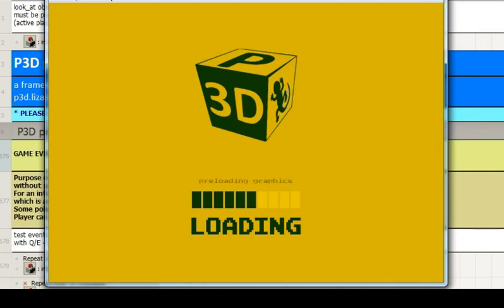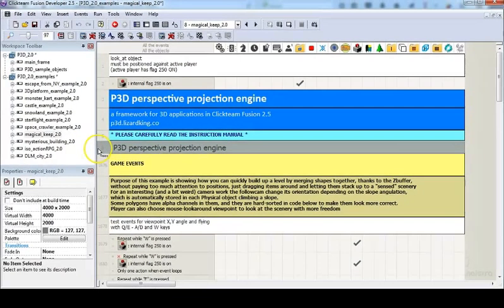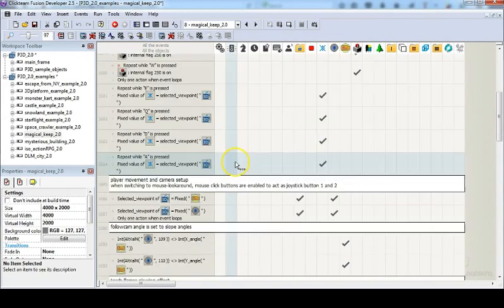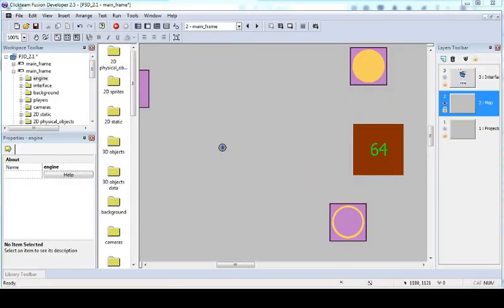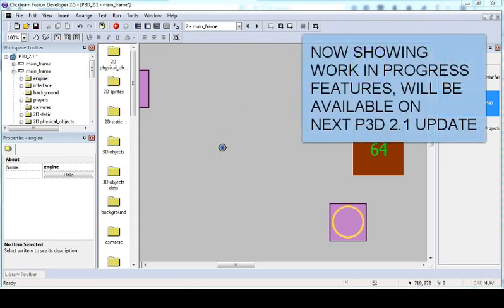Okay, I think this is enough for now. We have run out of time. Now I want to show you some of the upcoming features you will find in the next free update, and